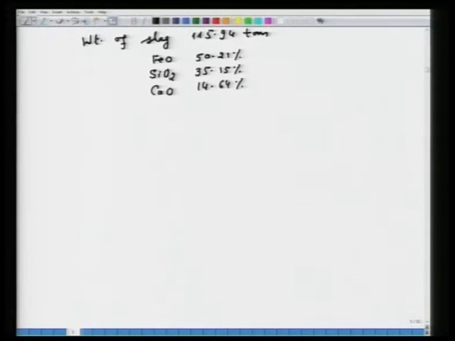And also, the outputs you have to find out. The problem says: find the percentage of carbon burnt at the tuyer when 90% of the carbon of the coke is burned to CO and 10% to CO2. Now, I am giving you the solution, but you have to think how to approach this particular problem. My suggestion, in order to solve part C of problem 3, would be that you do not see the solution first; think over the problem, arrive at your own solution, and then compare with what I have done.